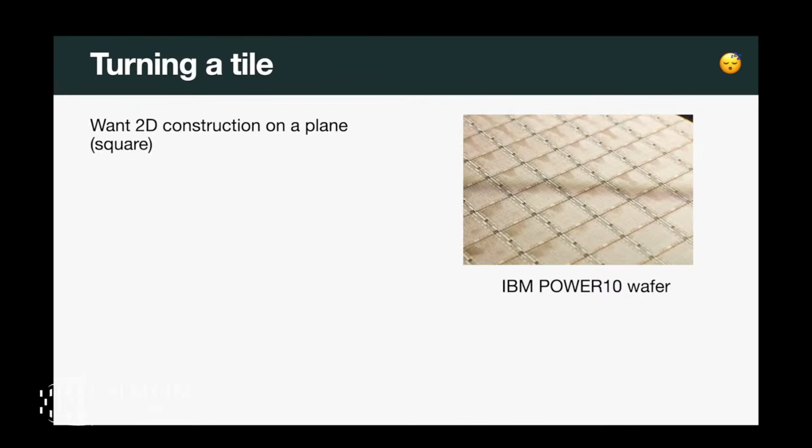OK, good. So I gave you a ribbon. Ribbons are not really things that we manufacture. I actually want a 2D construction that genuinely uses a lot of the area of 2D. And in particular, I want it to be on a square. The reason is that the difficulty of manufacturing a device in classical logic, or classical semiconductors, is proportional to the largest length scale in the device. So naturally, you make chips that are squares.